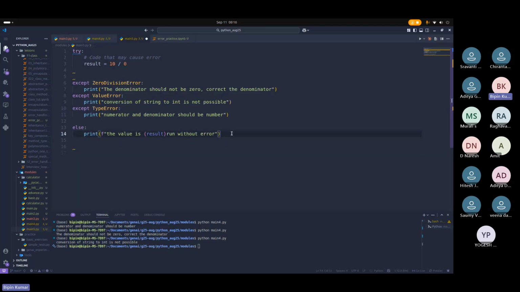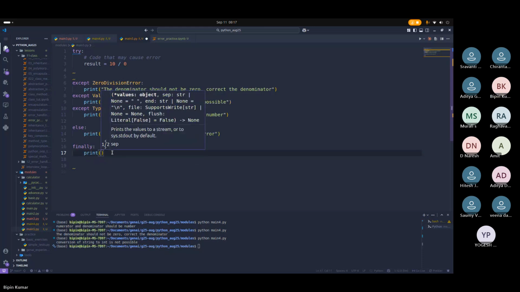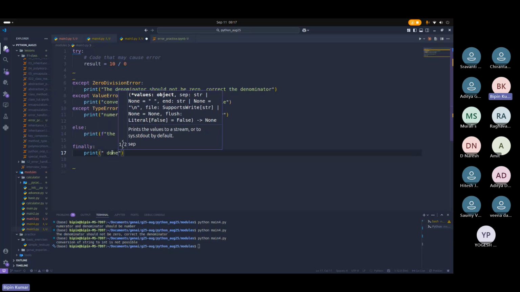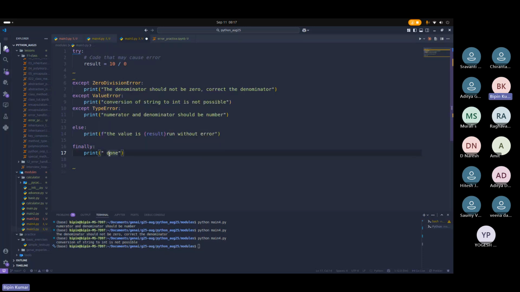Okay, and there is one called finally, and print done. Okay,